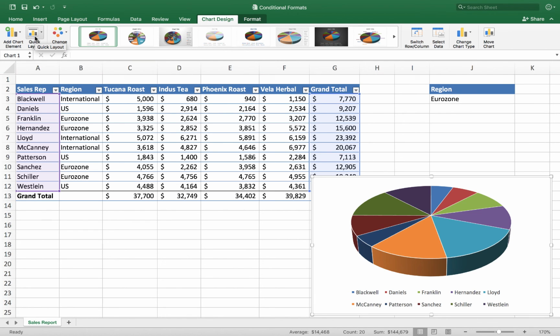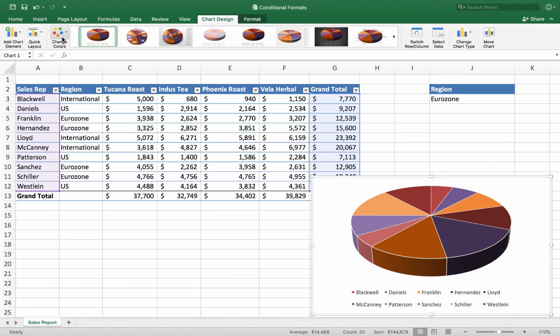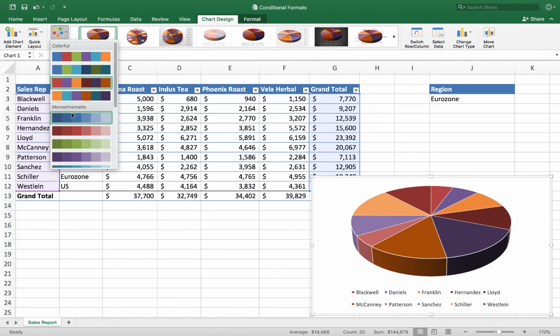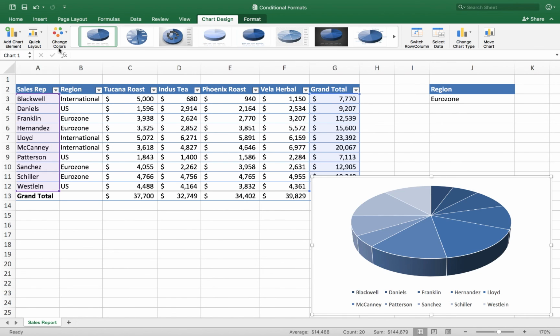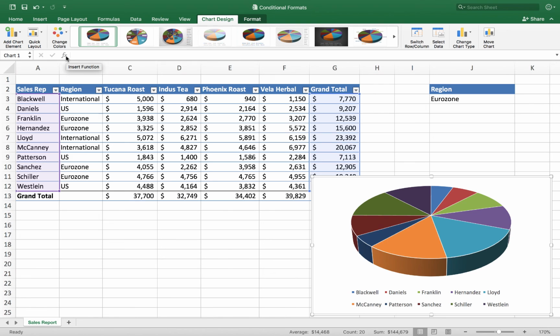And then, just like we had with the tables, we've got some different color options. I can click on the change colors option here, and they've got some different color schemes that you can choose from. If you want to go with something monotone, monochromatic, or brighter, you can choose some different options. And these are all driven by the theme that you're using in your spreadsheet. So remember, where did we go to change the theme for this document?